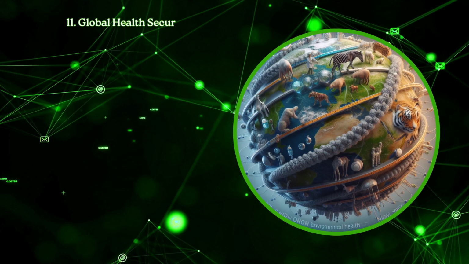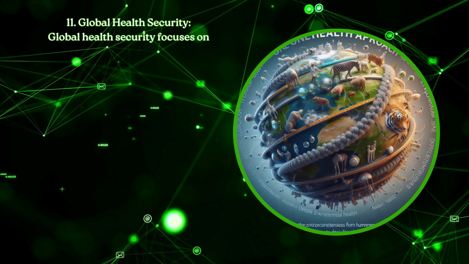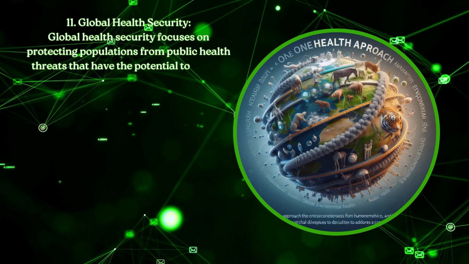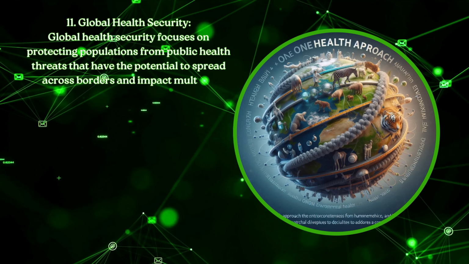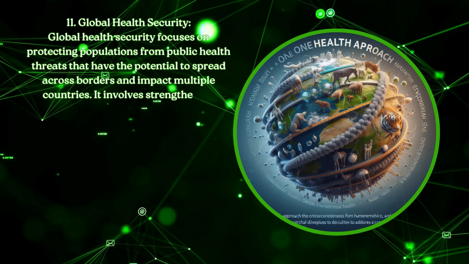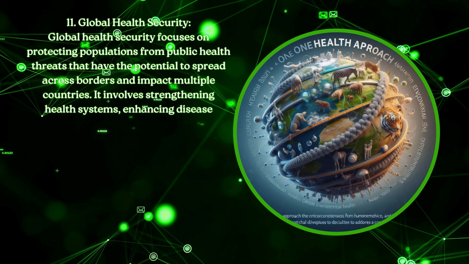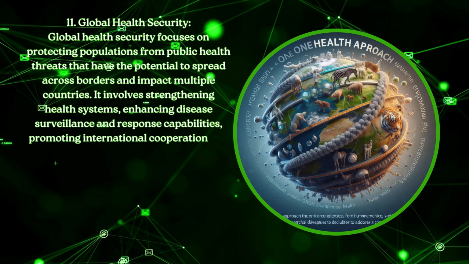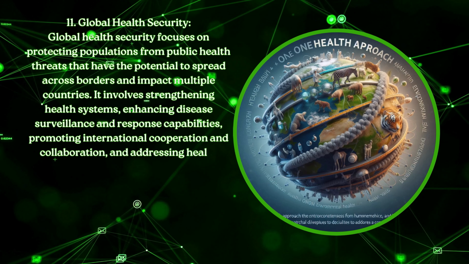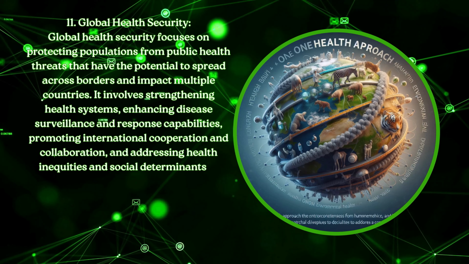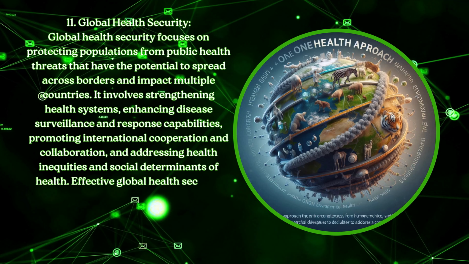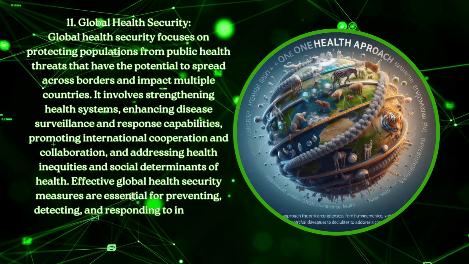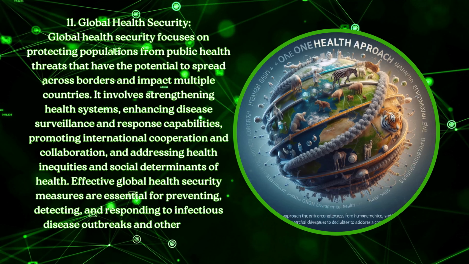Global health security. Global health security focuses on protecting populations from public health threats that have the potential to spread across borders and impact multiple countries. It involves strengthening health systems, enhancing disease surveillance and response capabilities, promoting international cooperation and collaboration, and addressing health inequities and social determinants of health. Effective global health security measures are essential for preventing, detecting, and responding to infectious disease outbreaks and other health emergencies